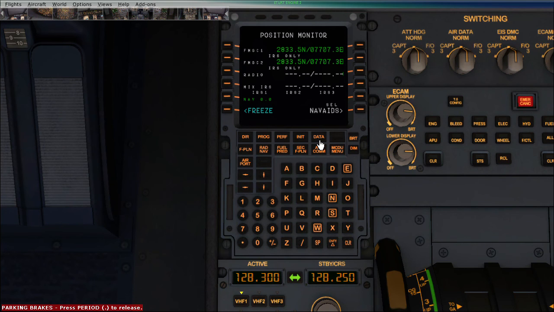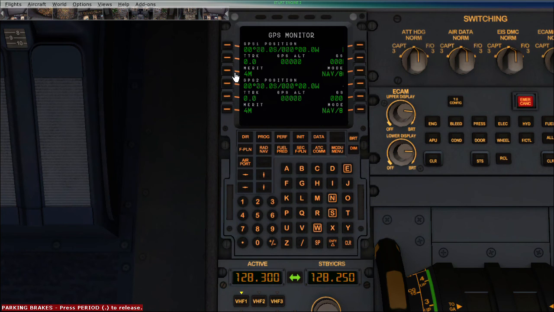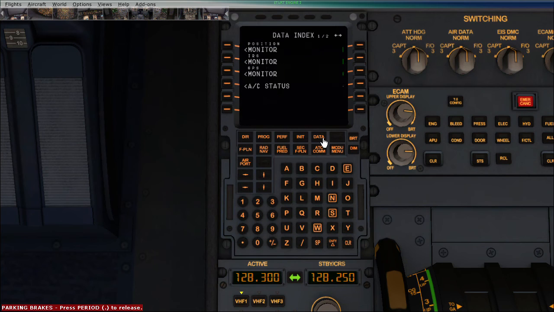So again, I'll go to the data page. So this is the GPS system. You can see the GPS is currently not updated right now for my aircraft, but it will be updated soon, as I have not started this. I have not completed my checking and checklist actually. So that is why it is not available right now, but yeah, it will be available.